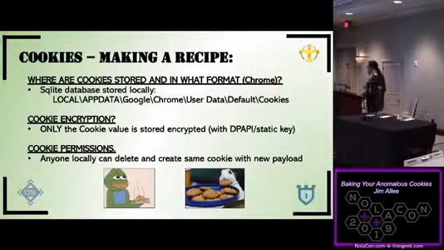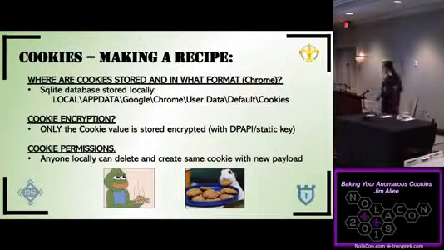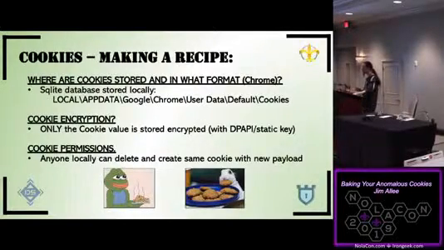is that only the encrypted value is encrypted, which is the value of the cookie that you get from a web server. Everything else is unencrypted. So time stamping, all the other pieces. Encryption is happening in Windows with the DPAPI, which if you're local, you have access to. That's how everything gets signed in the Windows box there. On Linux, we have a static key and static salt. And again, anyone locally can delete and create cookies in that cookie jar. There's no authentication on the database file.